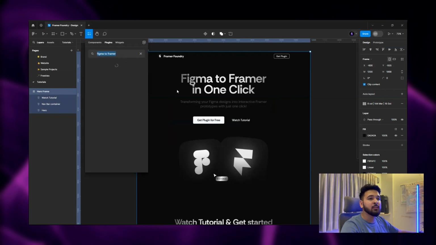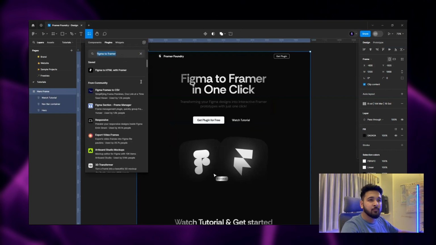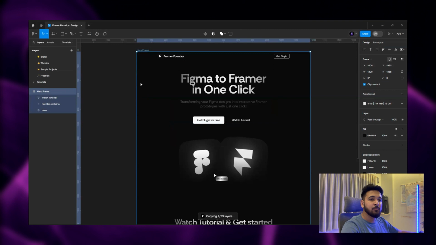So we will select this hero frame, and then move on to Figma to Framer, because earlier it was not selected, and it shows that it is copying all the layers. Whatever layers we have in the design, it will copy all of them, and once it is copied, it will show you an option to paste in Framer. And once you have this, then you can